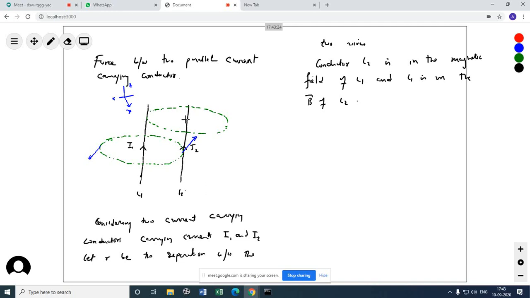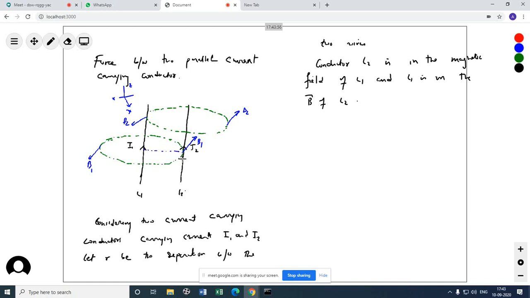Am I right? Similarly for this current carrying wire, both are going in the same direction. Similarly for this one also the magnetic field is this way, right? And going there. So this is B. I can say this one as B1 and this as B2. You can understand that B1 and B2 are the magnetic fields of the individual wires. Okay, this is the radius R, or separation between them.